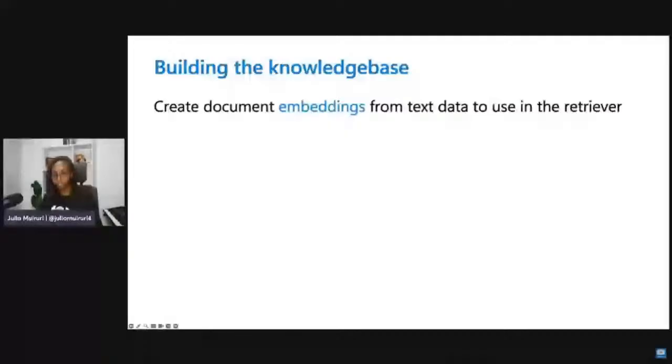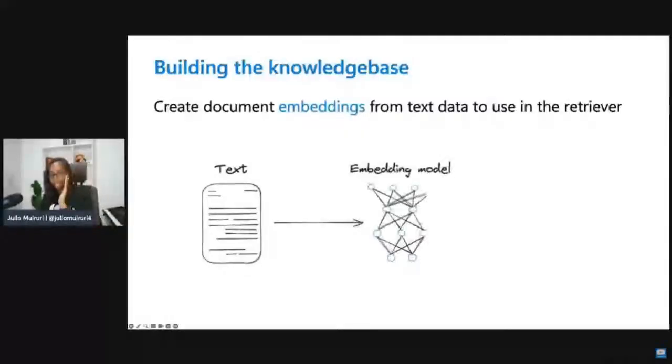So the first step is to create your knowledge base. What this entails is that you come in with your data, could be text, could be CSV, whichever format, and this is passed through an embedding model, which converts it into its vector representation. This text is in human readable format, but it has to go through a special model that converts it into a machine readable format. That is what is happening here.